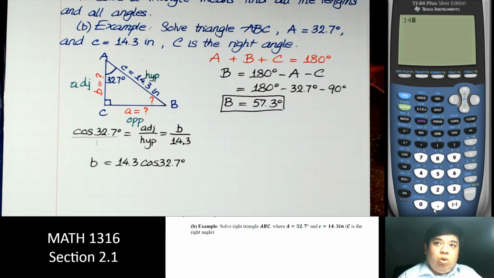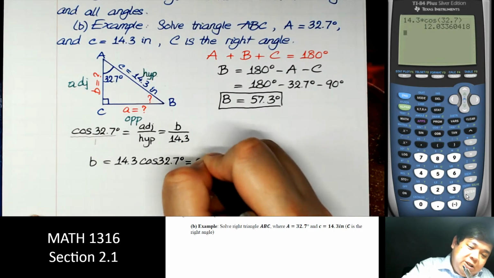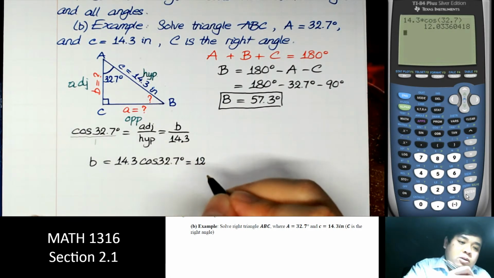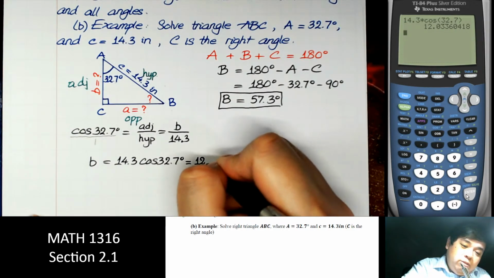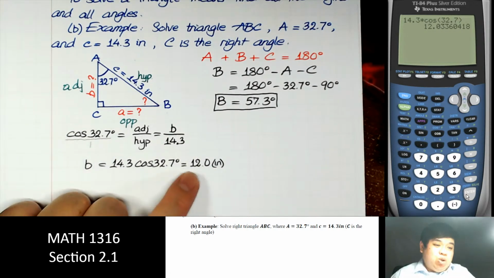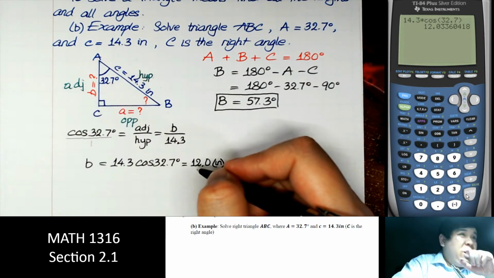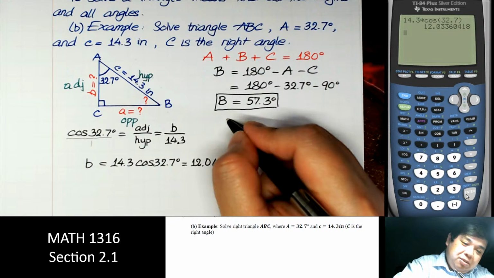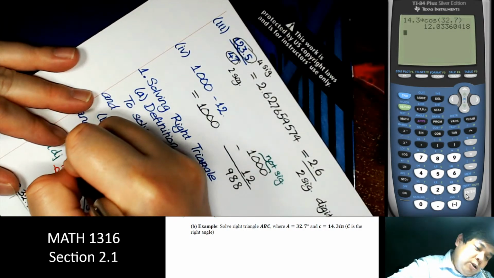So 14.3 times cosine of 32.7. So we have 12. Just say 12.0 inches. The reason I use 1 decimal place is because that one has 1 decimal place, so let's stick with that. Right. So we know B, which is 12.0,